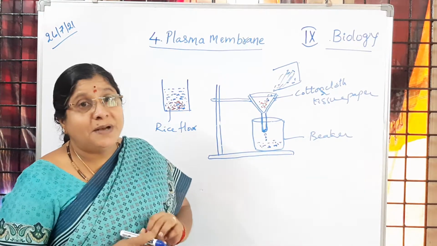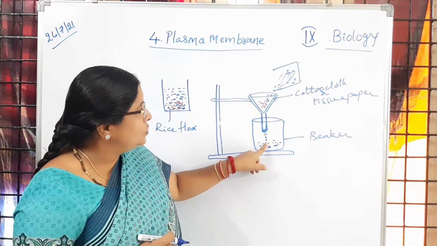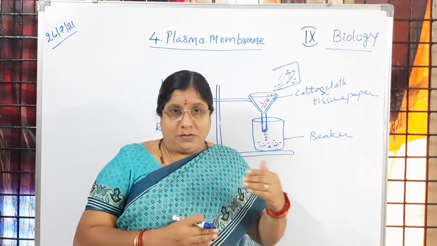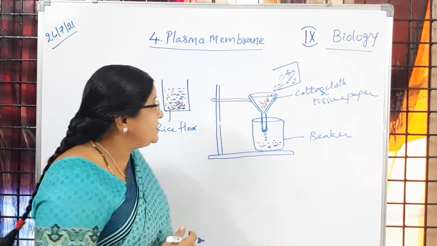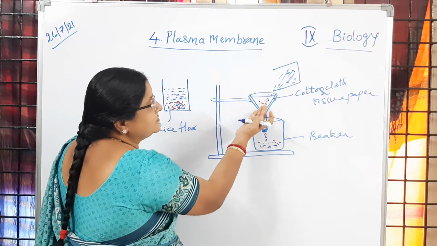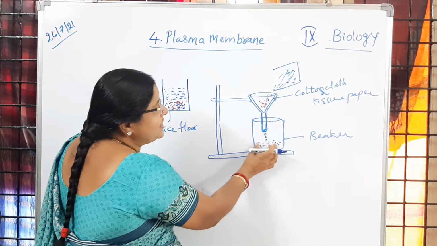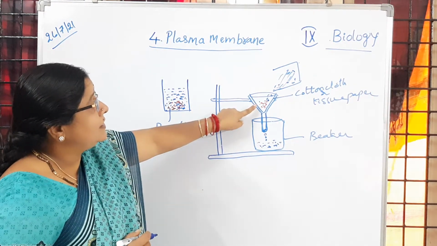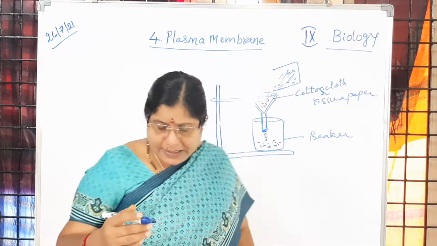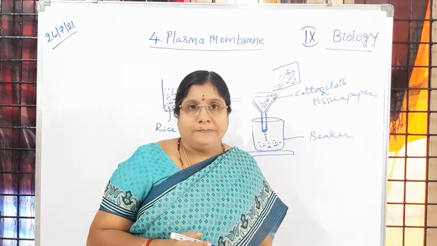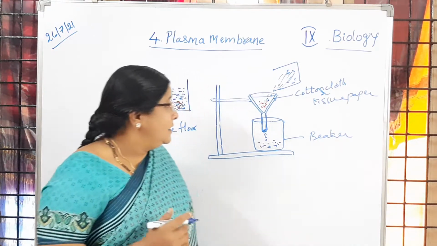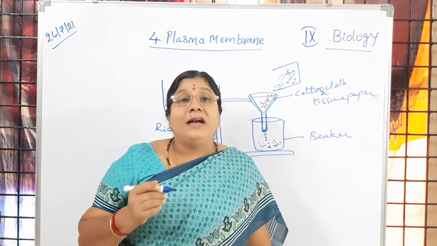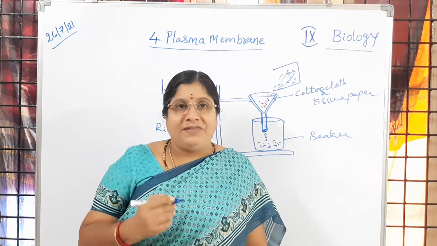So this cotton cloth or tissue paper is acting as a cell membrane, or what is that, plasma membrane. It is allowing certain materials to pass through, and it is not allowing certain materials through that membrane. So now the residue is collected here in the funnel itself, and only the liquid content is collected in the beaker. Is it clear to you? Whichever is collected here is called the filtrate. Have you followed? Then in the same manner, what is happening here? That plasma membrane. So we can understand the nature of plasma membrane with this activity.